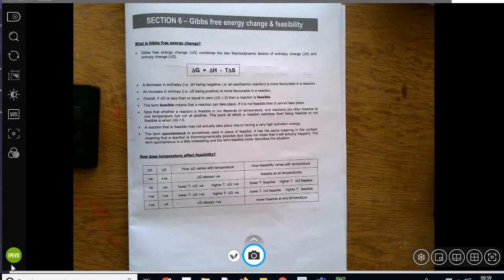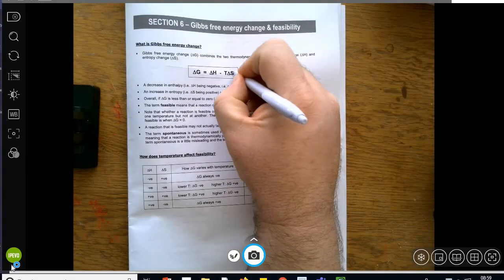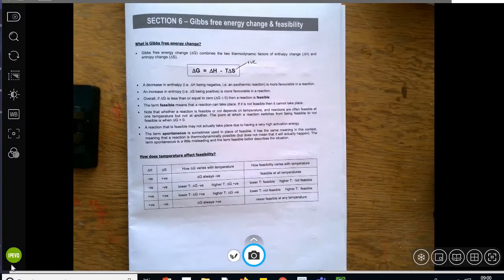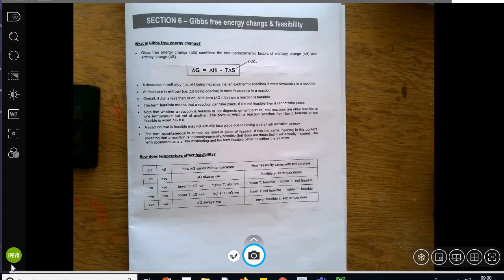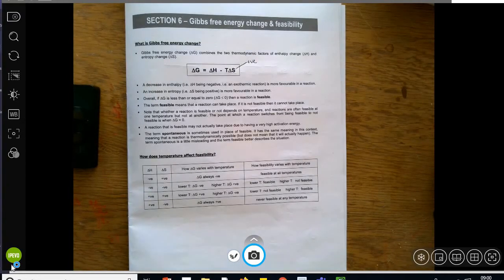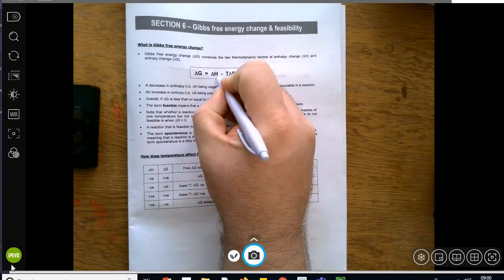Remember, the entropy is the amount of disorganisation or chaos within the system. Now, we essentially want this to be a positive value. Okay, if it's a positive value, then the disorganisation is increasing and therefore it's more likely to occur. With enthalpy,